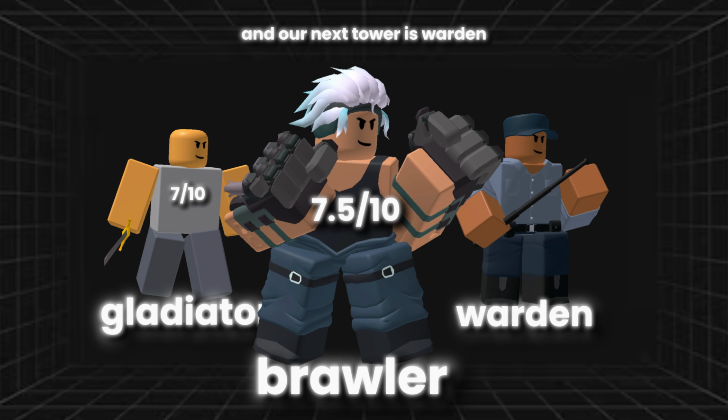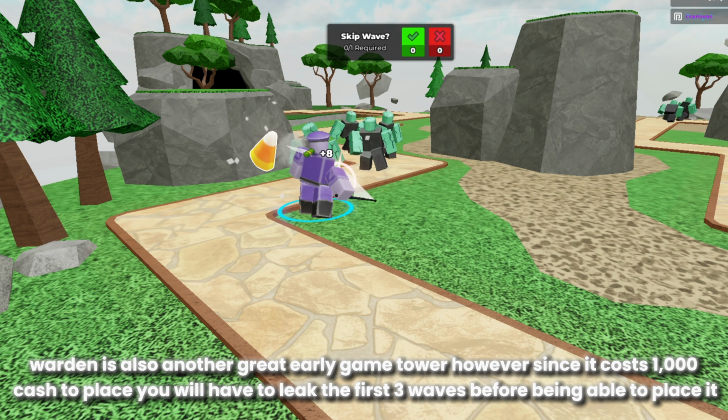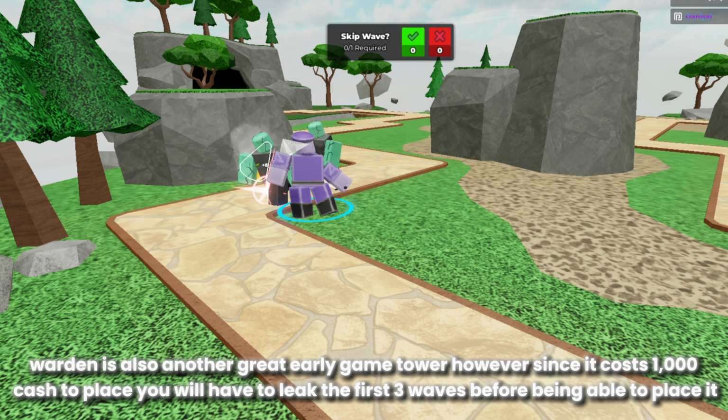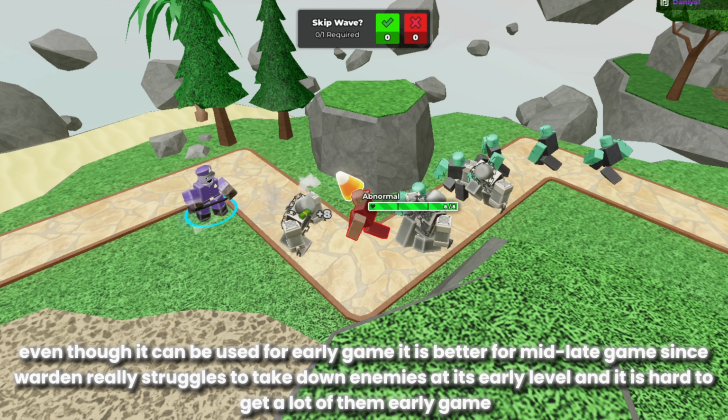And our next tower is Warden. Warden is also another great early game tower. However, since it costs 1000 cash to place, you will have to leak the first 3 waves before being able to place it. Even though it can be used for early game, it is better for mid-late game since Warden